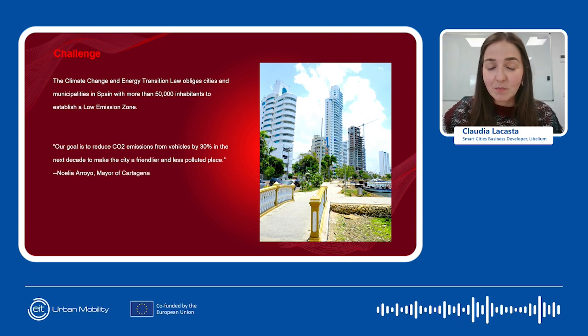So we are seeing cities that are implementing their low emission zone, but then some, because of legal issues, are taken away. We also have other cities that should implement a low emission zone, but they are not implementing them because they consider that there are so many technical issues, or that they say their city is not polluted. And we are seeing that even though there is a mandate to implement it, they are not doing that. So in this particular case,